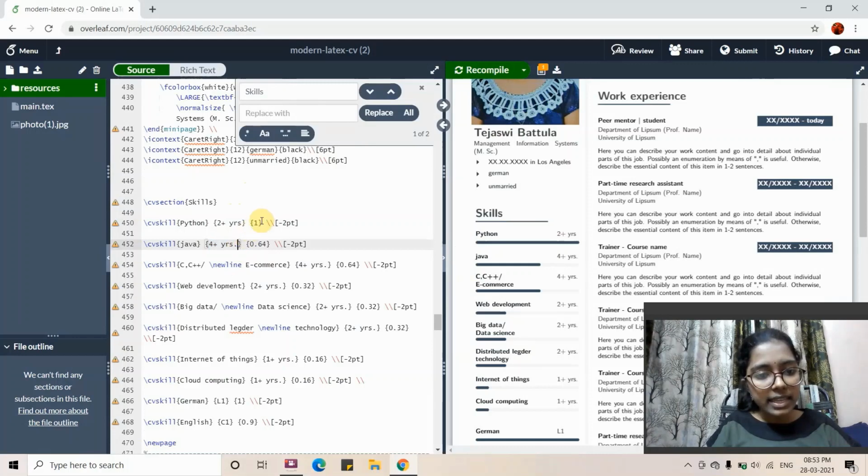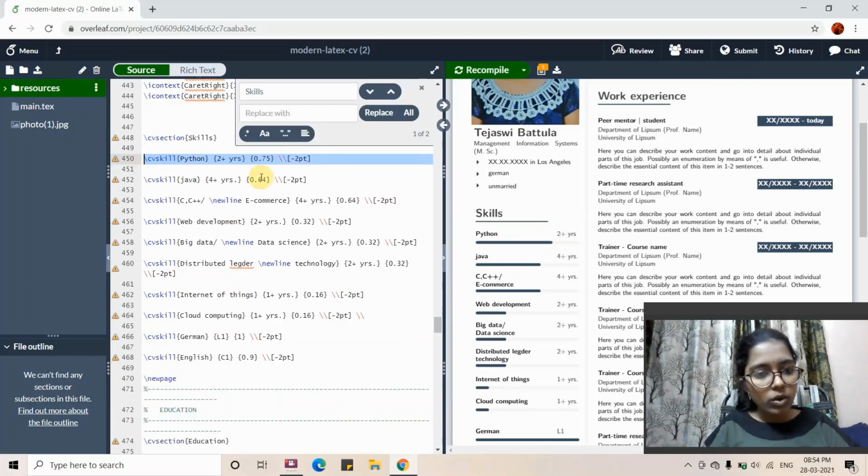The next thing is that this one indicates that you are rating 1 out of 1 in Python. Let me give 0.75. If I recompile it, you can see that I'm rating myself 0.75 in the skill Python, and I have 2 years of experience, which this line of code indicates. This is how you have to edit your skills.